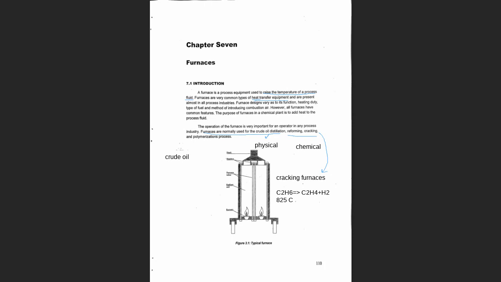You have a combustion of fuel, and the fluid, as an example, we could have crude oil, ethane, propane, butane, other fluids. They flow inside the coil or inside the pipeline, inside the furnace. And because of the combustion process,